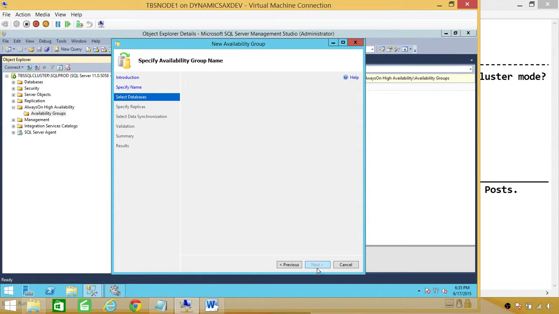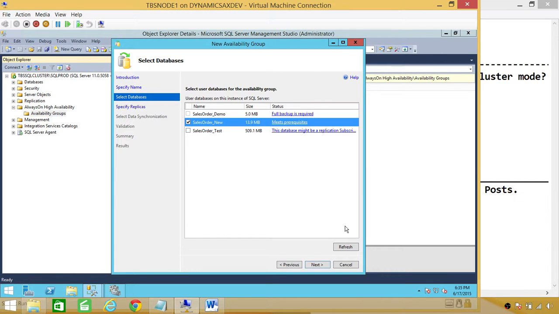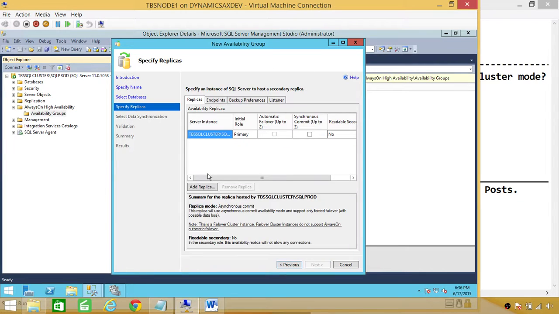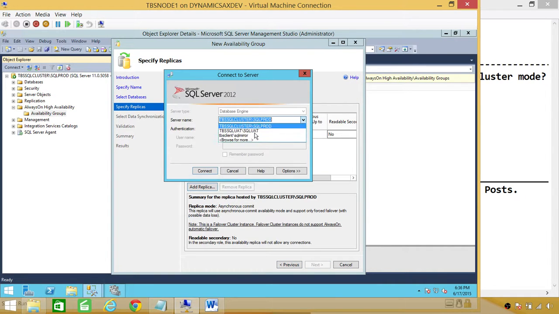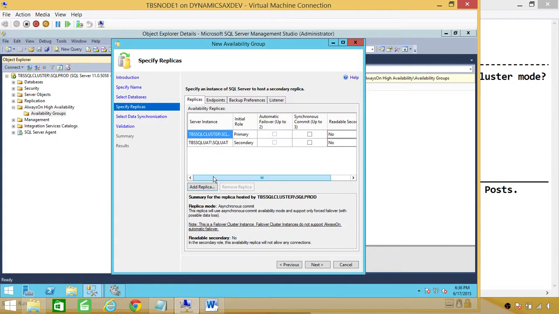Click next, and here is the database that I want to select. Next, add replica and connect to UAT. It should not give us that error. As you can see, it let us add that secondary replica. So I'm going to make this